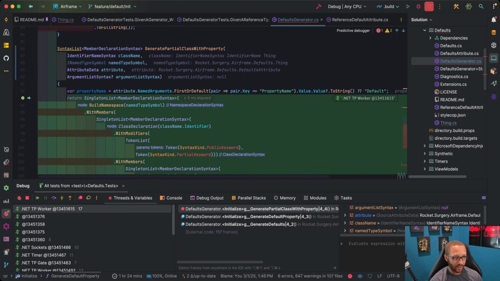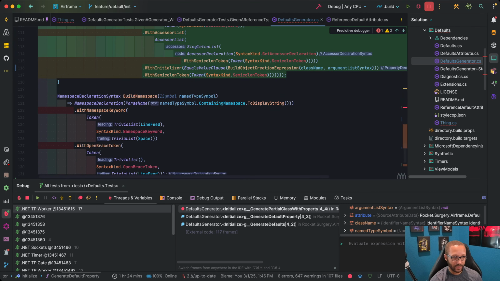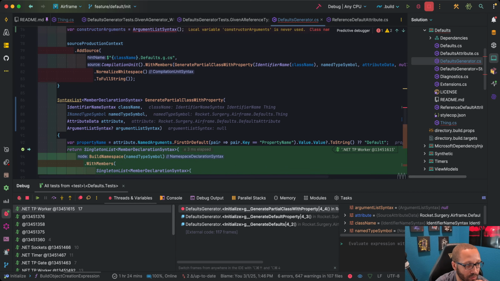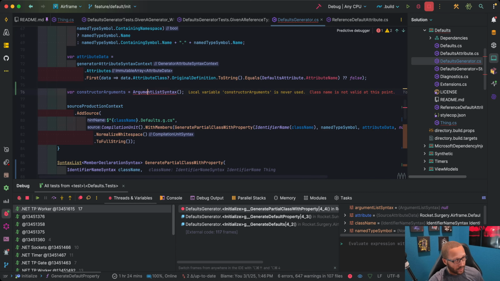What did I do with the null thing? So at a certain point, it's null. Oh, it's just argument list. That's right. When you're using the factory bits, they drop the syntax. Okay, so this is where I'm going to have constructor arguments, and it's either going to be null or I'm going to have constructor arguments. So I have to find a way to